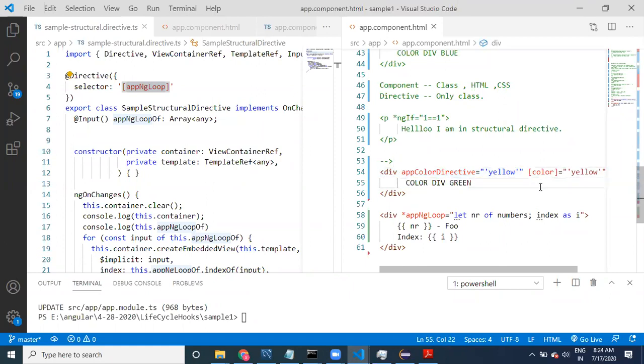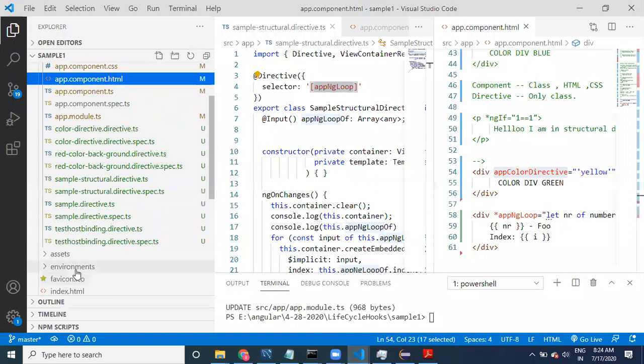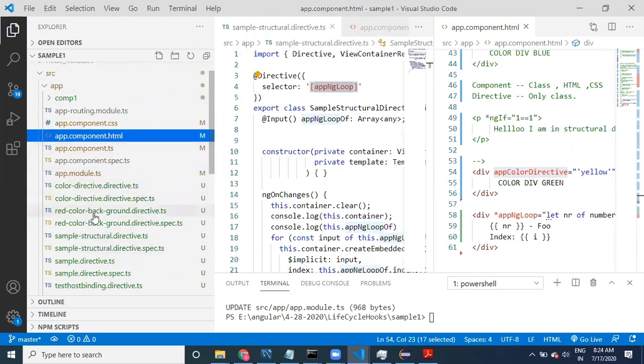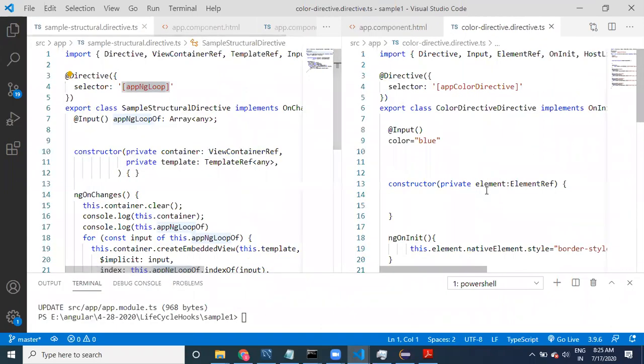Let us go to the color directive. Instead of taking a separate property, app color directive, here we have taken color, right?